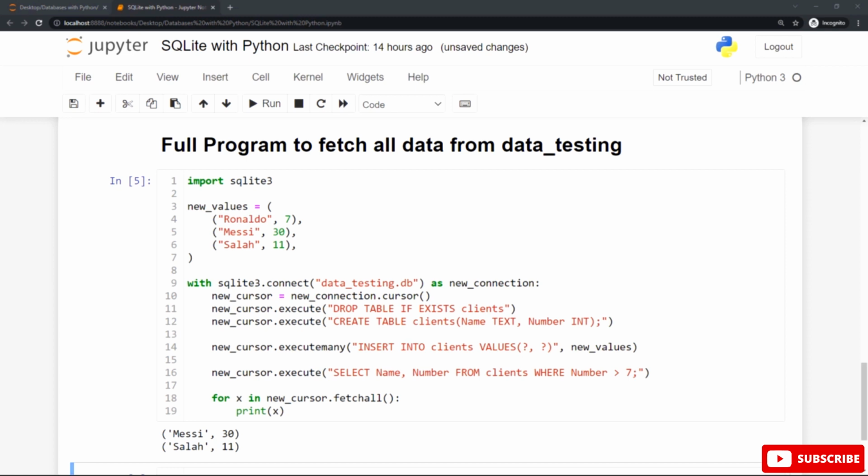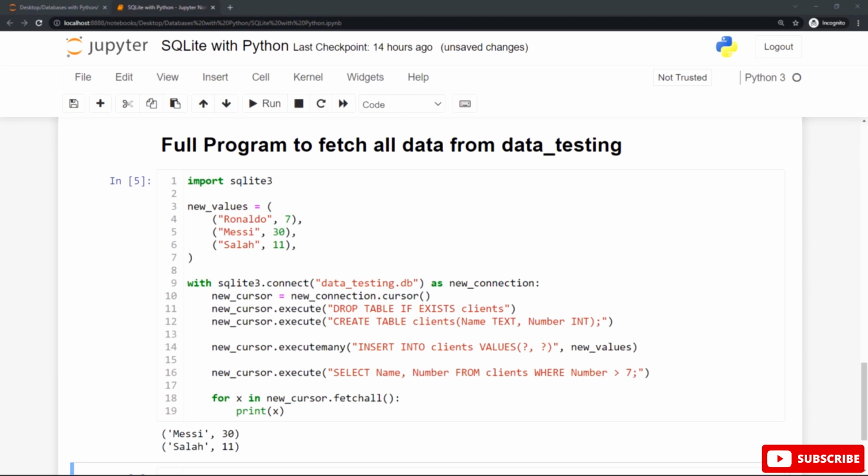After that, the for loop to iterate over this sequence, or to iterate over the records one by one. The for loop is followed by the variable name x, or you can call it any valid, descriptive name.